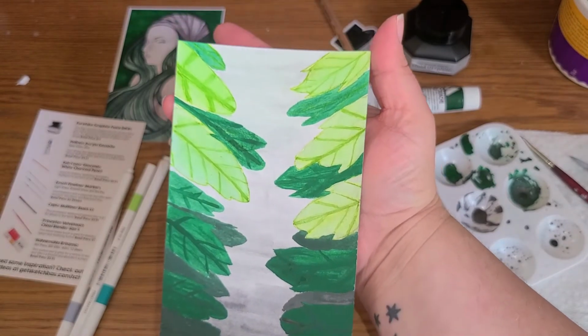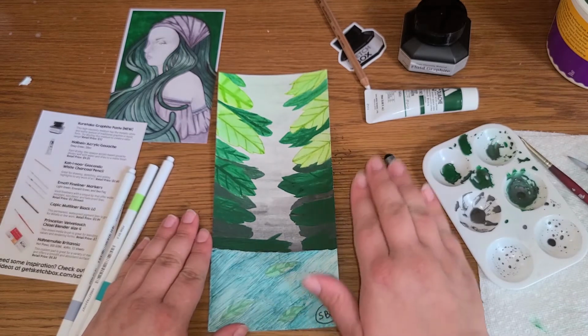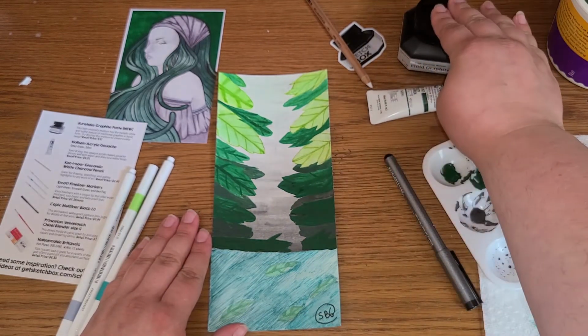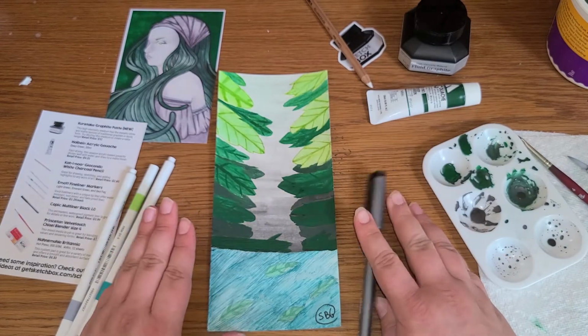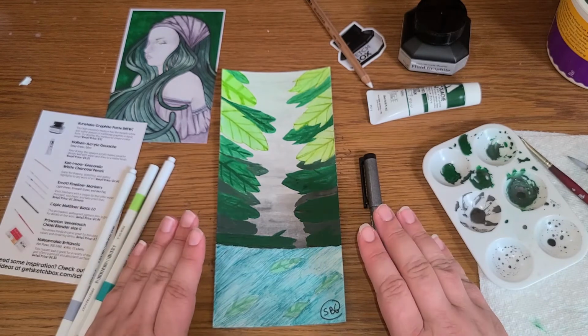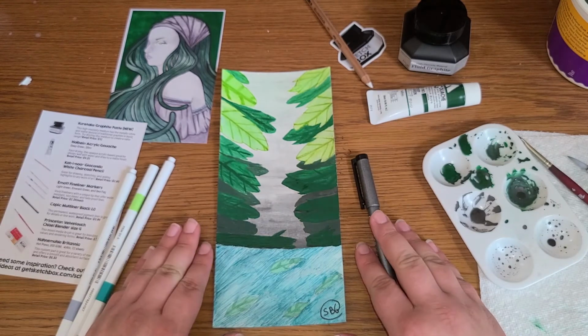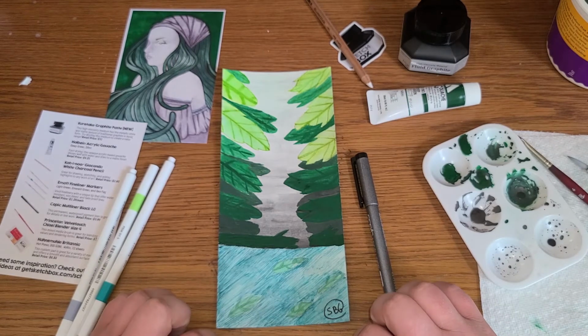Definitely not my best work, but you know what? I am so glad to have this gouache, this graphite, this Copic pen, and I can't wait to use them again. I'll probably make a video of it, and I can't stress how much I loved this